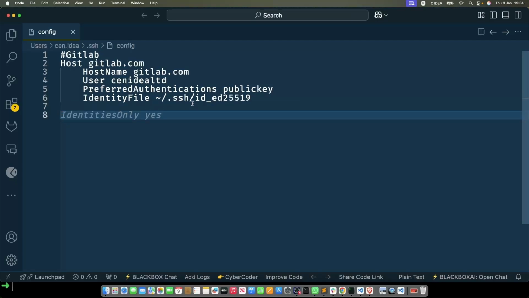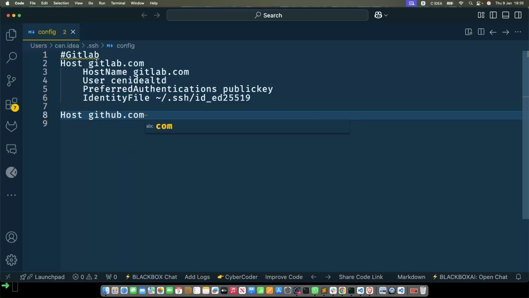And the second one we want to have is what we talked about as Host again. Obviously, you can do this as many times as possible. So in this case, again, you probably want to do one for GitHub or whatever, if you want to use the same key to connect to so many places. So for instance, let's say we have a GitHub account. So here I will just say